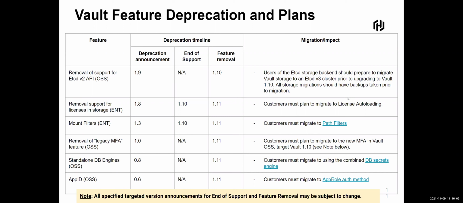As an example, in the case of etcd, customers should make sure that they plan to migrate to etcd v3. Similarly, if you are using licenses in storage, please make sure that you are planning to migrate to autoloading. If you have mount filters, plan your migration to path filters. In the case of legacy MFA, we are actively targeting providing support for a brand new MFA feature in the